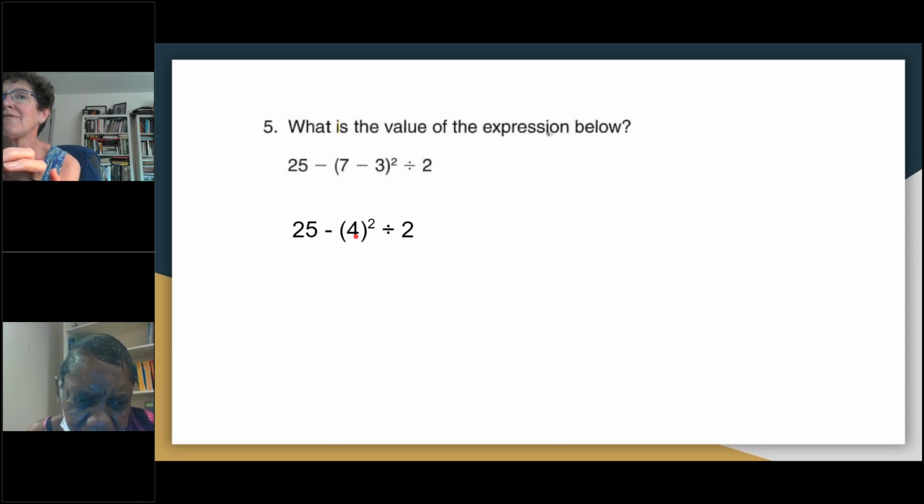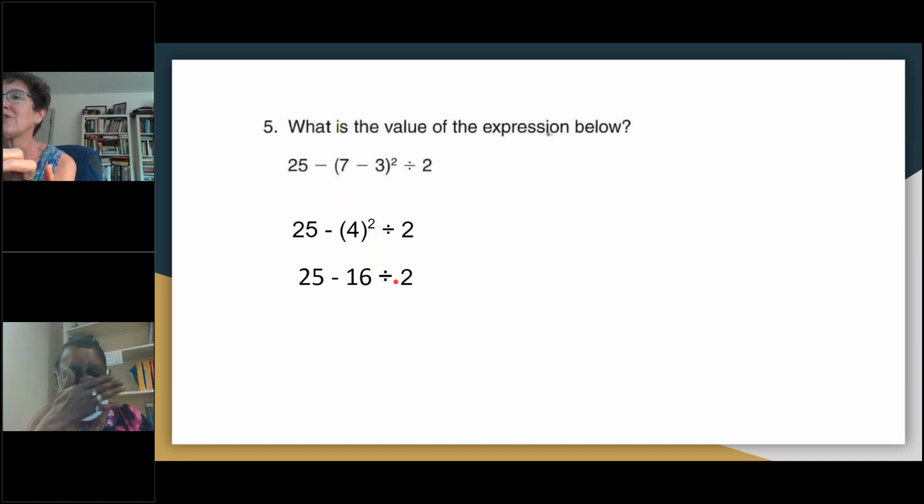And then we still have this. We still need to simplify this because we don't know what 4 squared is. So 4 squared is 4 times 4, 16. Now here's the confusing part. Start and do the subtraction, 25 minus 16,